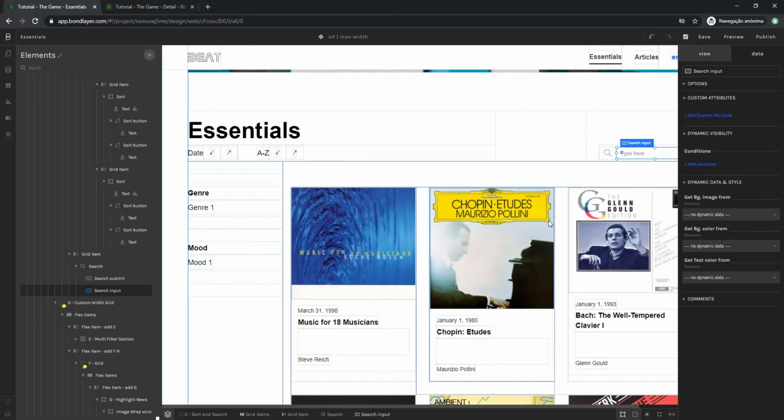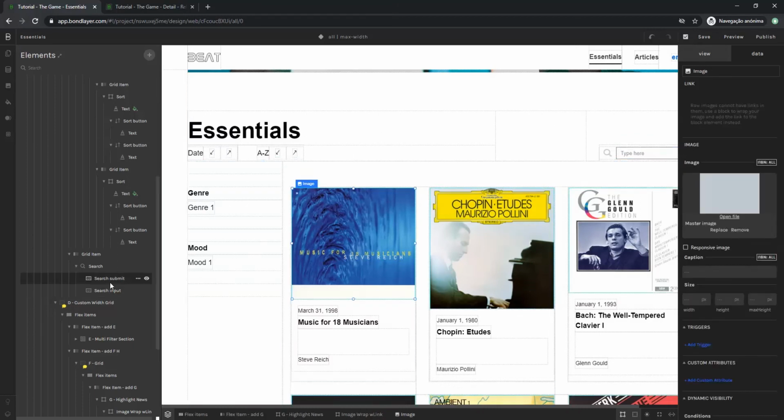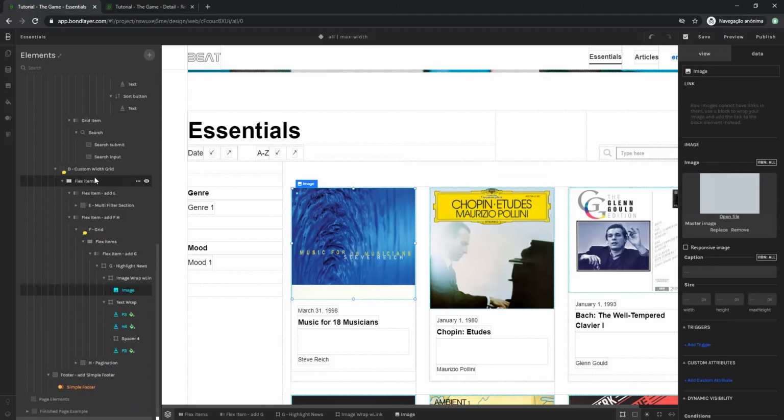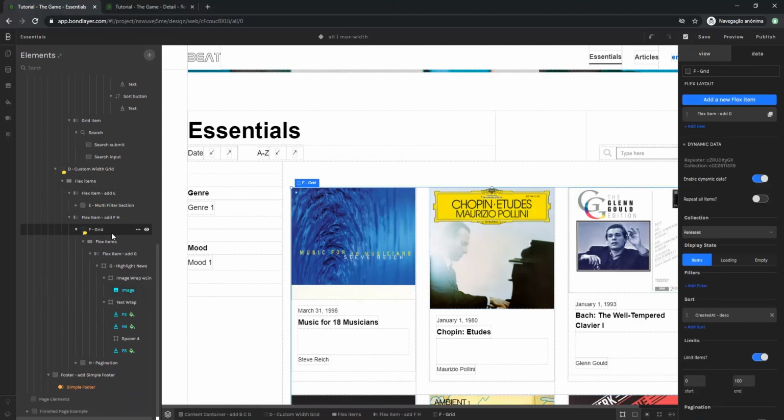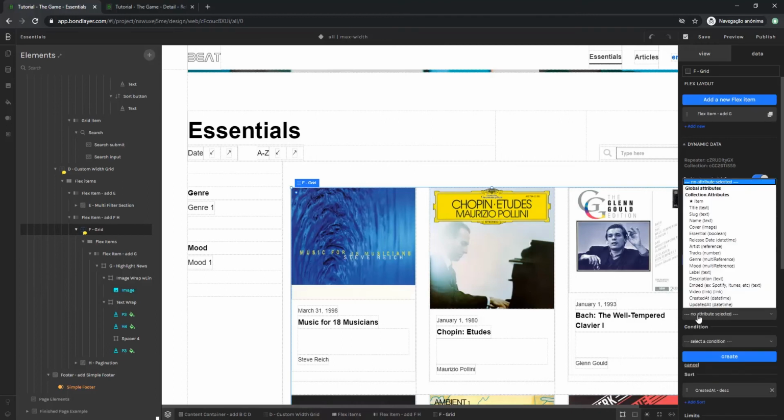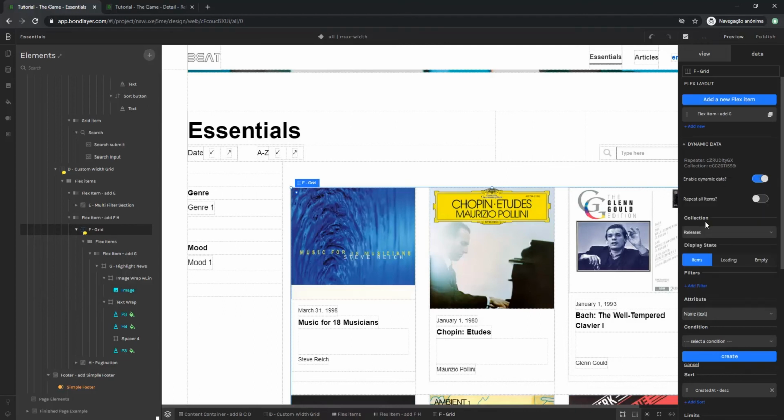Now that we've finished the search, I'm going to come to our flex layout. I'm going to select fgrid and in the data panel, in the filter section, I'm going to create a filter. So I'm going to click Add Filter, and I'm going to select the field that I want to be searched. In this case, I want the user to search by the album name, so I'm going to select the name